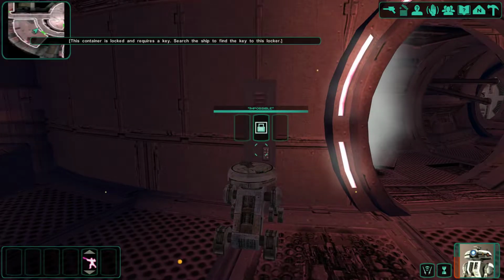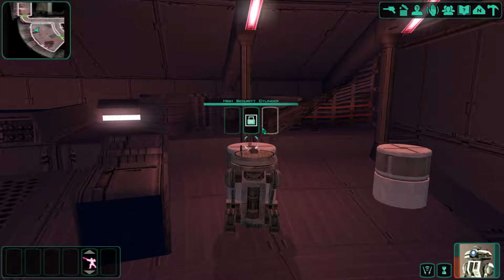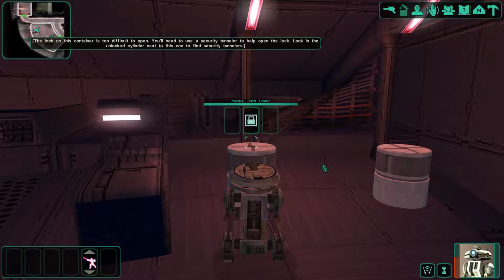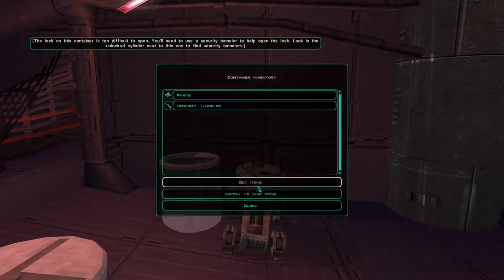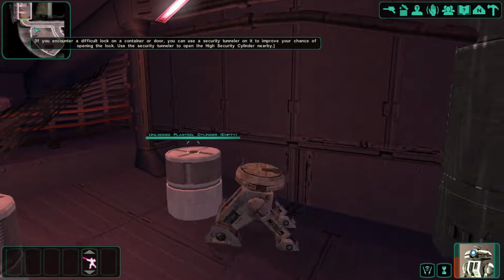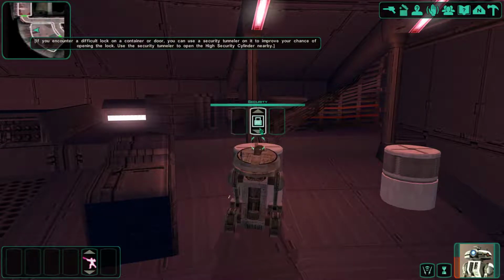This container is locked and requires a key. Search the ship to find the key to this locker. The lock on this container is too difficult to open. You'll need to use a security tunneler to help open the lock. If you encounter a difficult lock on a container or door, you can use a security tunneler on it to improve your...